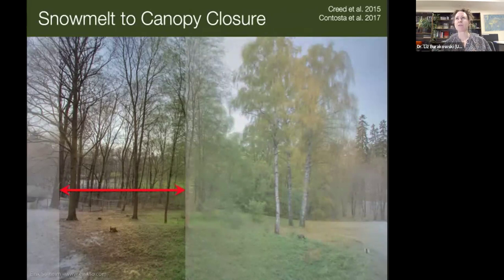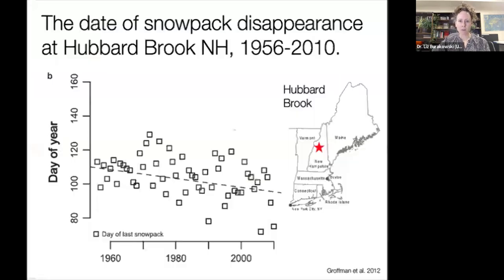So if you ever think of going out into the forest in the northeastern United States or in any temperate forest, the canopy closure date is typically the day when you start seeing the leaves at their maximum, once they've reached that plateau of maximum size, and you can no longer see the sunlight through the canopy. So things have gotten much bigger and you start seeing a lot more shade. This in turn affects how much energy is coming into the forest floor as well. So we've been tracking this for a long time. Peter Groffman up at Hubbard Brook published a paper back in 2012 looking at the day of year when the